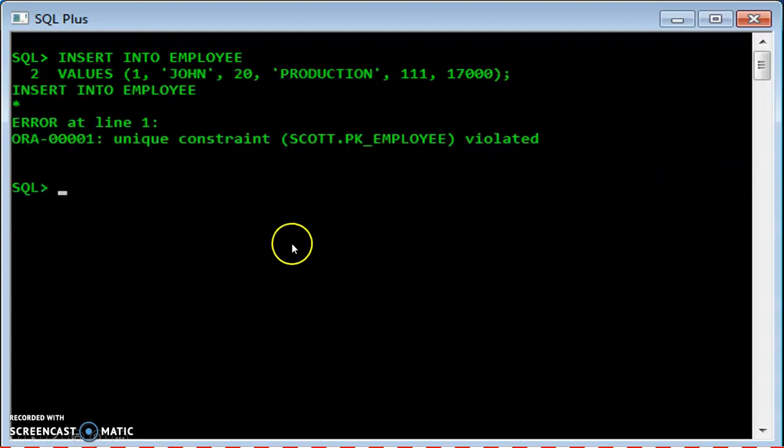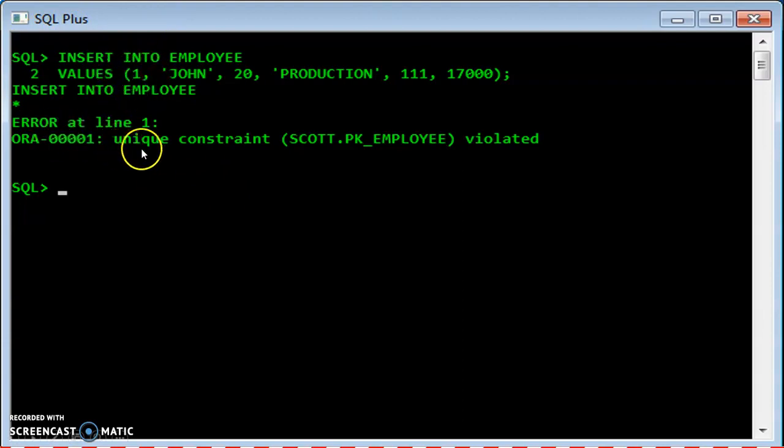Similarly, now this is the second one. Now we have already applied the integrity constraints of primary key and foreign key. Now we will test here using the insert. Since employee number was unique, that is primary key, it cannot be repeated. So for the second employee, John, what I'm trying to do here is insert and again give the number 1.